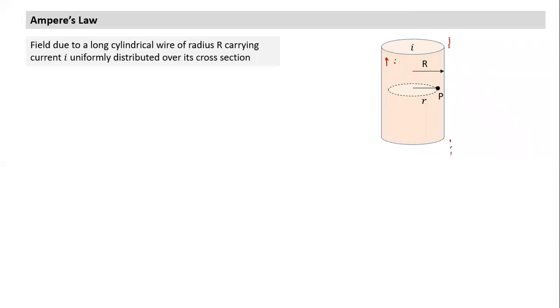This is like a thick cable, and this is how the current is flowing along it. So can we find the field at a point P? Let's take the case which lies within this cylindrical wire. Can we find the field at point P? Can you all give a couple of minutes? Can you calculate the field by applying Ampere's law?